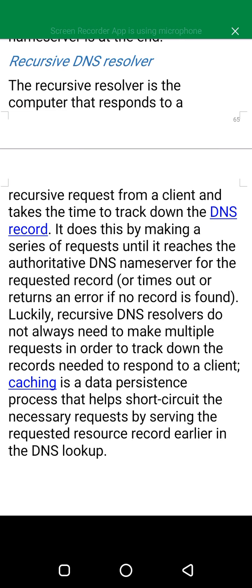It does this by making a series of requests until it reaches the authoritative DNS name server for the requested record, or times out or returns an error if no record is found.